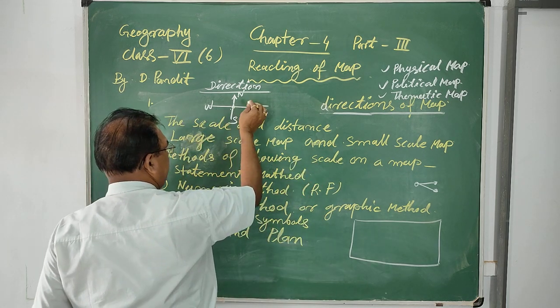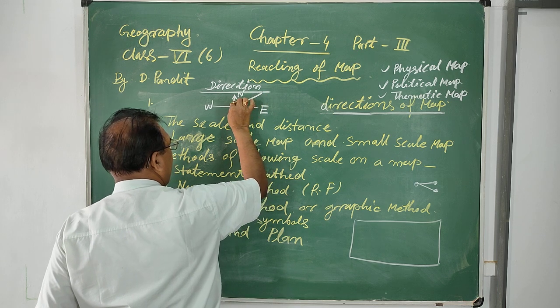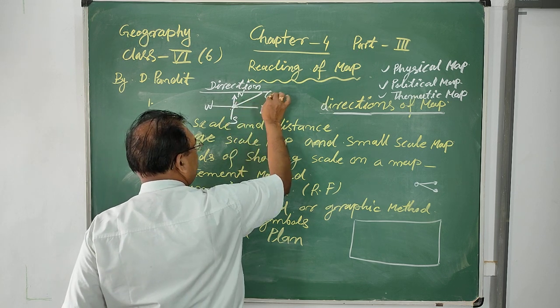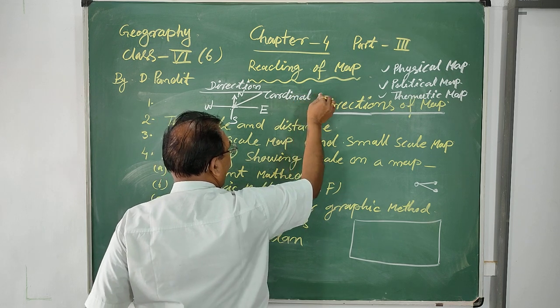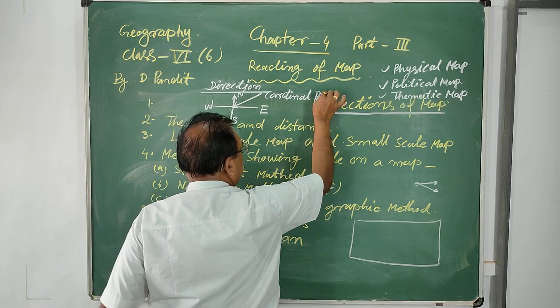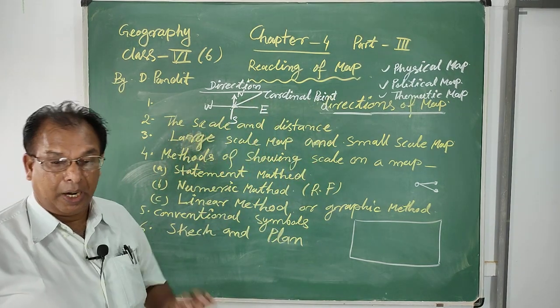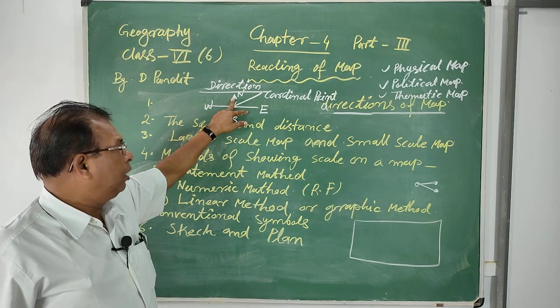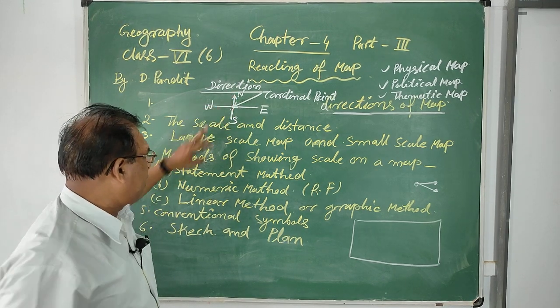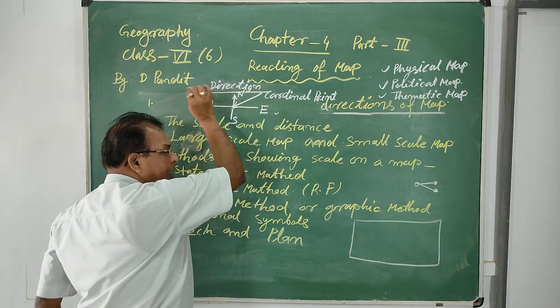It is also known as the cardinal point. Here is known as the cardinal point. It is also known as the cardinal point. But between the 2 directions, the main cardinal directions, these are the cardinal directions: north, south, east and the west.